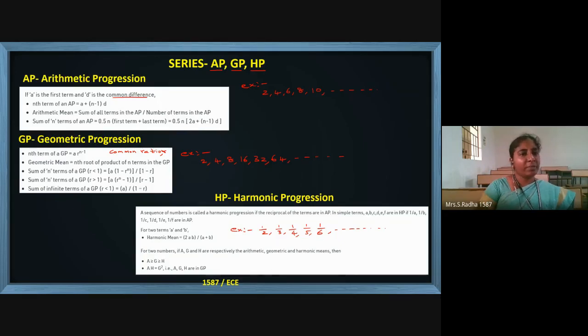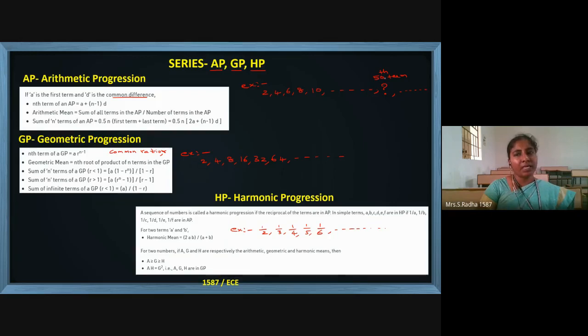Okay, so I am coming back to the beginning. In arithmetic progression, the difference will be common between any two successive numbers. And if you take the nth term in the series, for example, I have put dot dot dot here. What is the nth term? If I ask you for the 50th term, 50 is the n. What is the 50th term? After that again numbers are there, and like that it goes up to infinity.